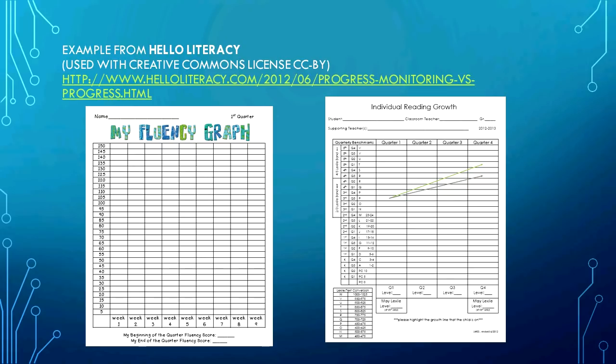Put it in a file folder, staple it, have one on each kid. And then each week you time them, and they read to you one-on-one for a minute. And then they track it, and they can use a crayon or marker to track their fluency, and you're looking for growth over time. This is the perfect type of data to use, especially on students where you're concerned about their literacy and you want to track it. And the student can see where they're at.